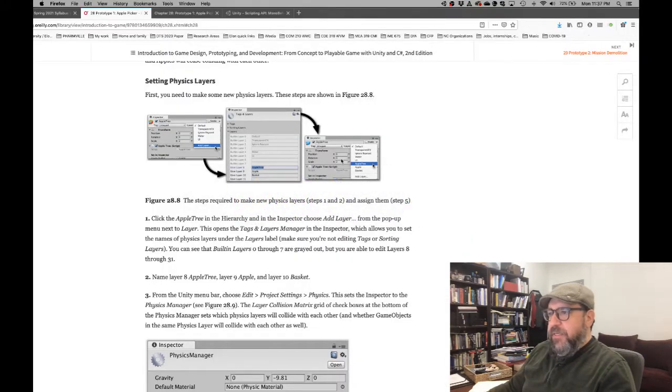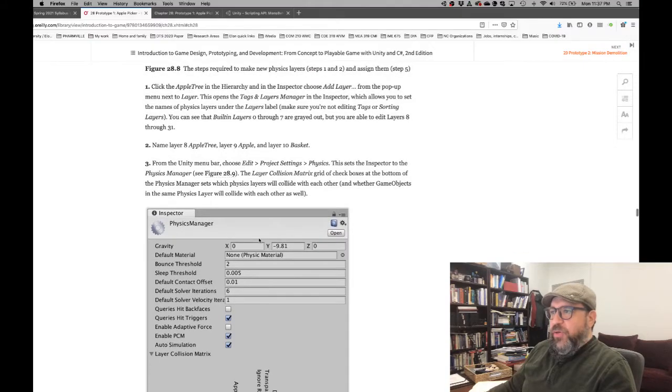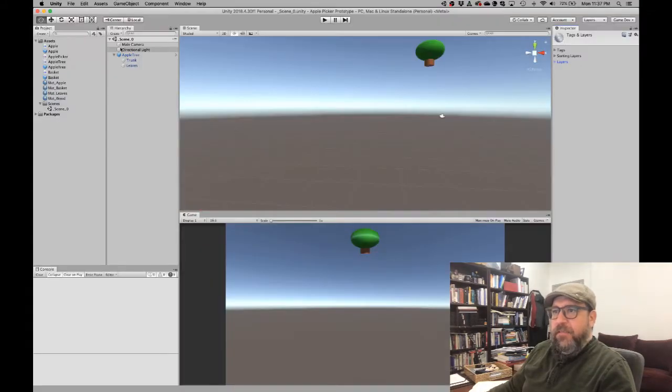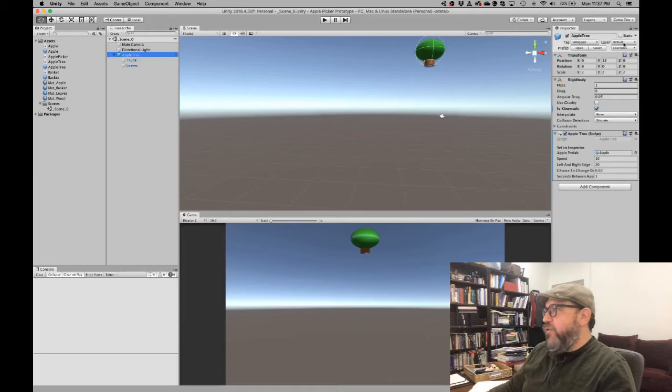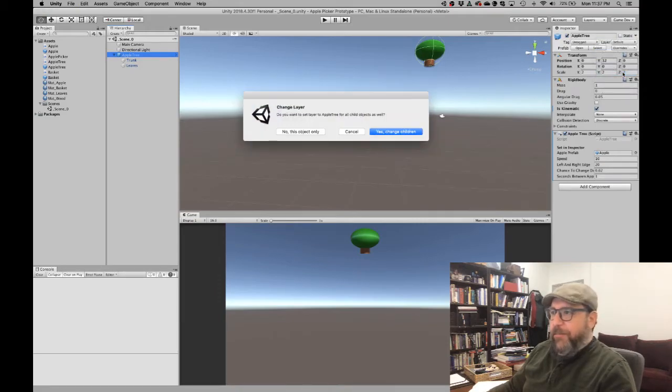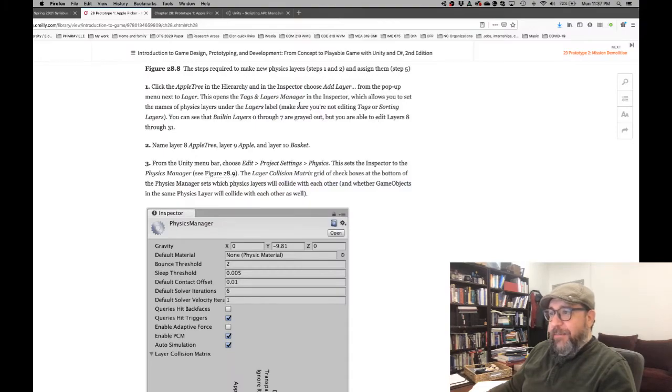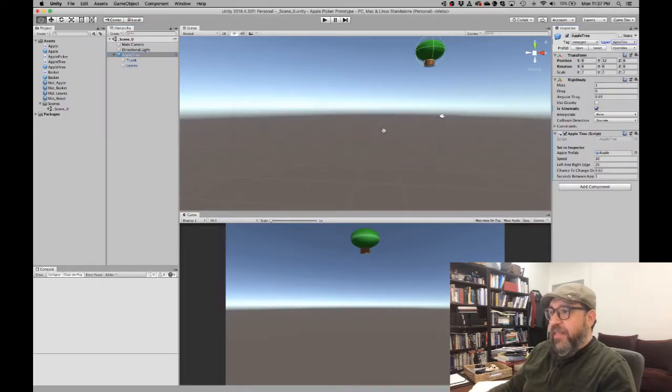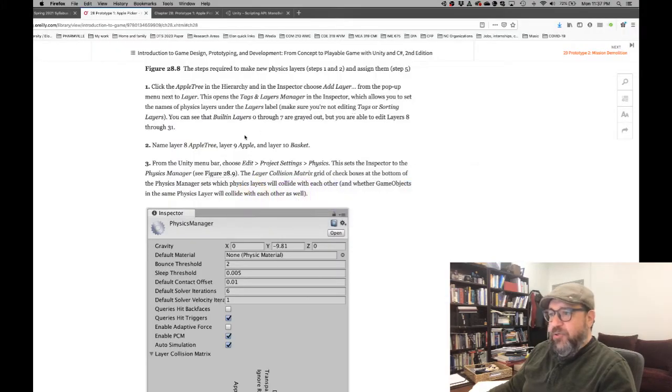Now what happens? I go into the apple tree in the hierarchy, right? And I do choose layer, and I'm going to put the apple tree on its own apple tree layer. And it's going to say, do you want to set the layer to apple tree for all child objects as well? And I'm going to say yes. Change all the children as well. So they're all going to be on the apple tree layer. And then